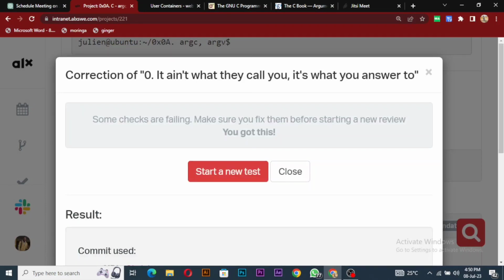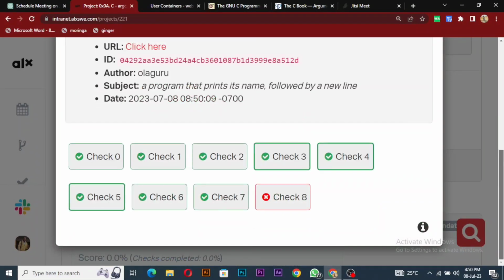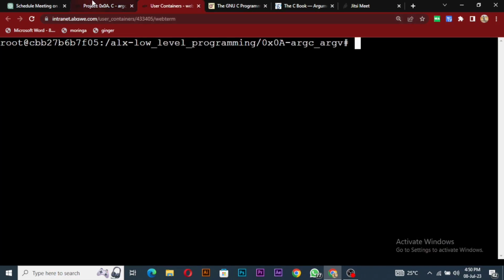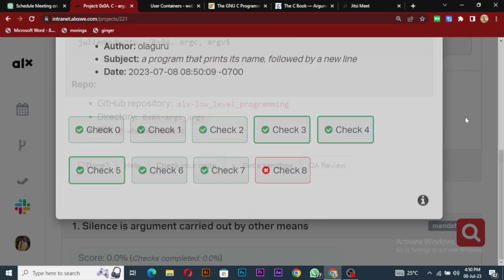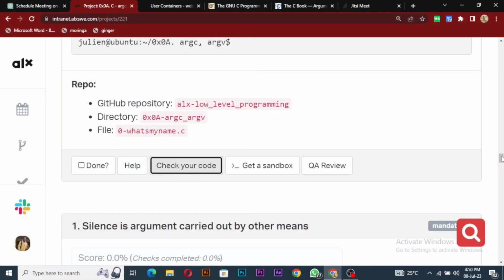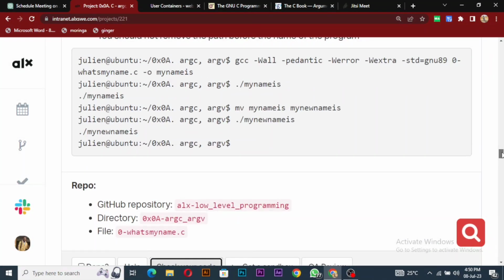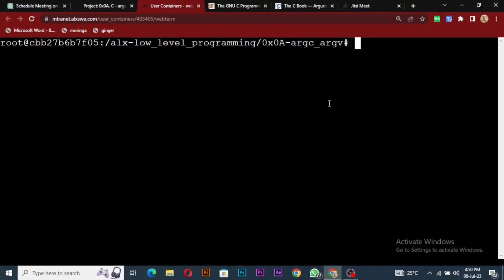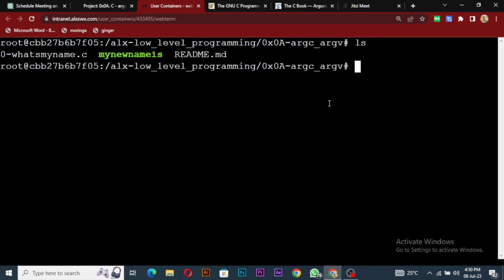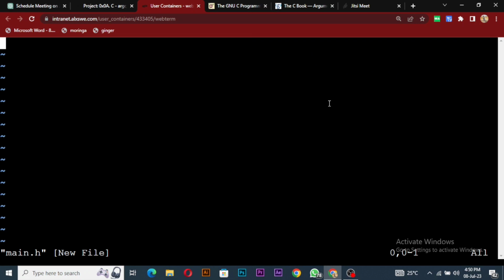Okay, we have some failure, probably the main.h or something. Did they change it back? Let's see. It doesn't seem to be like main.h. Okay, let's add the main.h and see if that's the problem. I'm not sure that's it though. Main.h, we don't have anything to put there for now, so